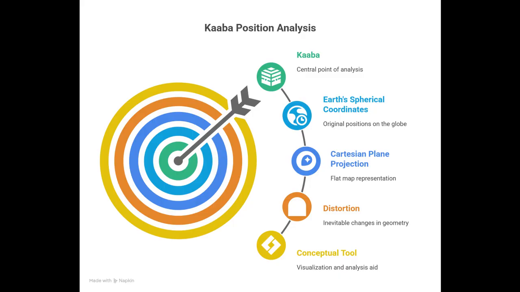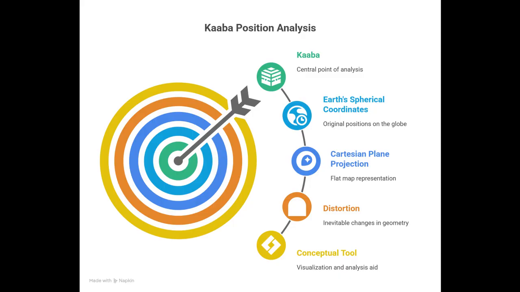When latitude and longitude are converted into Cartesian coordinates, certain geometric properties, such as distances, areas, or angles, may become stretched or compressed depending on the chosen projection method. Therefore, the diagram preserves the relative placement of points based on their real Earth coordinates, but it should be understood as a flattened representation of a spherical model rather than an exact reproduction of Earth geometry. In this context, the diagram functions as a conceptual and geometric tool, allowing relationships between points to be visualized and analyzed within a flat coordinate system, while still being grounded in the true positions of those points on the spherical